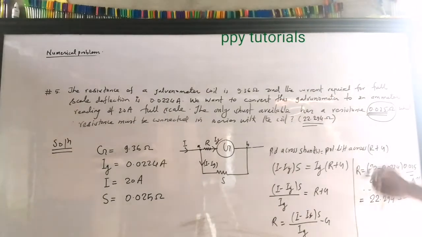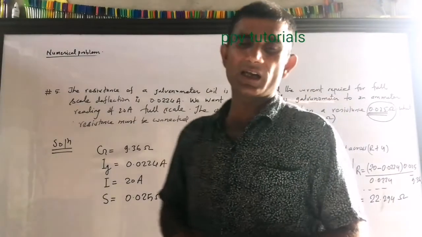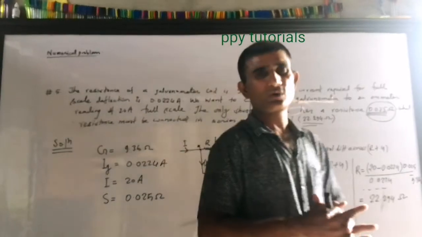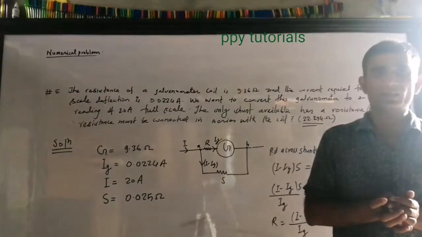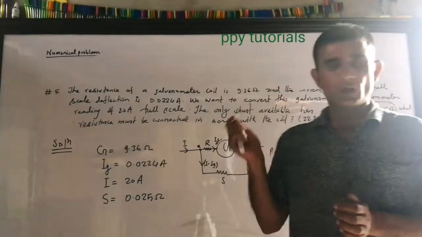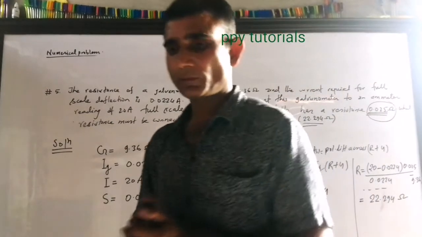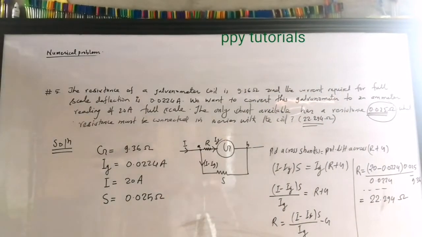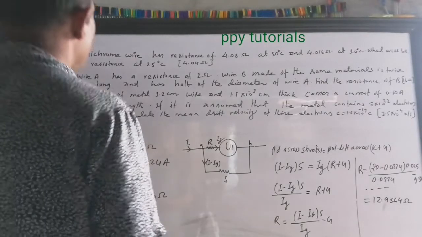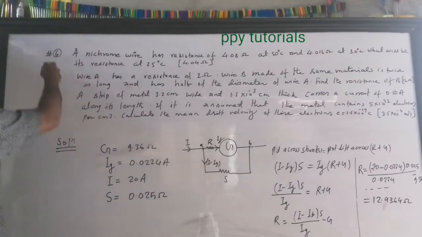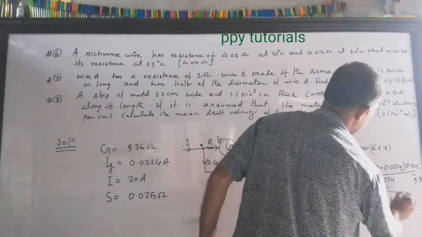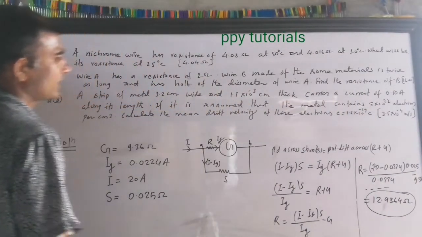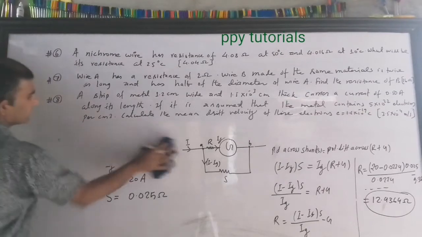Okay. So these were the two questions which I thought are important numerical problems from the conversion of galvanometer into ammeter and voltmeter, and I think you enjoyed this. And next, let me write the other question, then I'll be back again. Okay, so student, I have copied 3 more questions for you, and now we are going to solve them. And before that, I just told you that this will be the answer. I think you press the calculator and get that value.